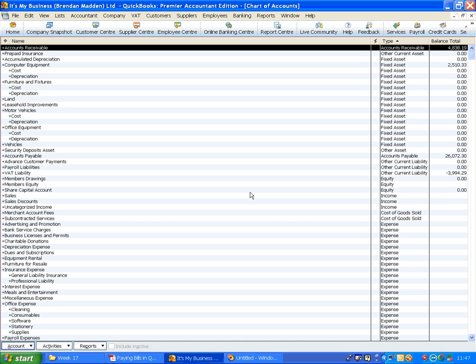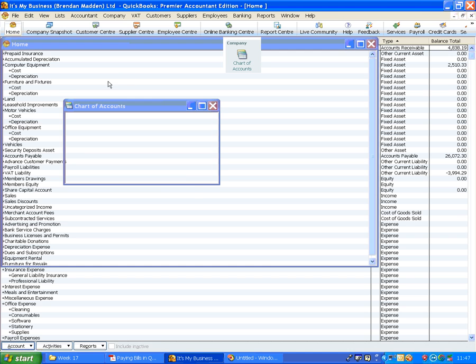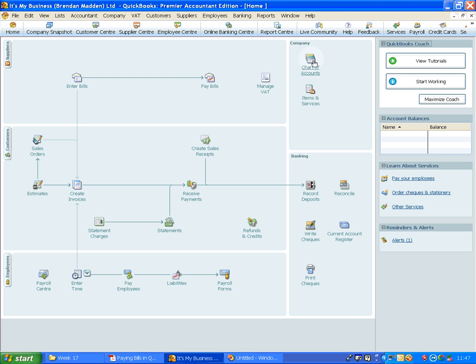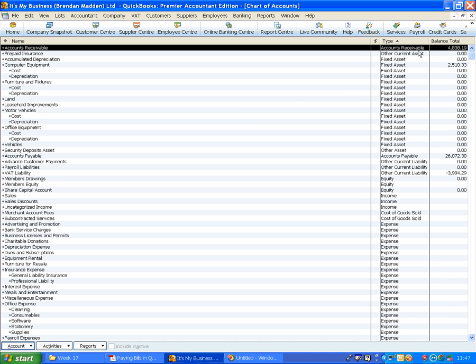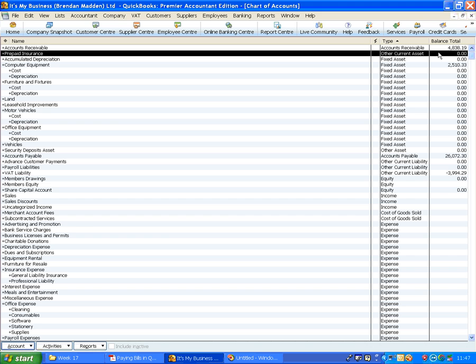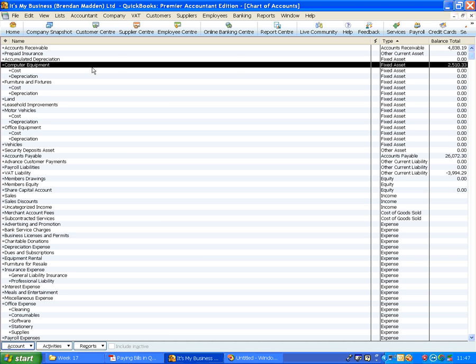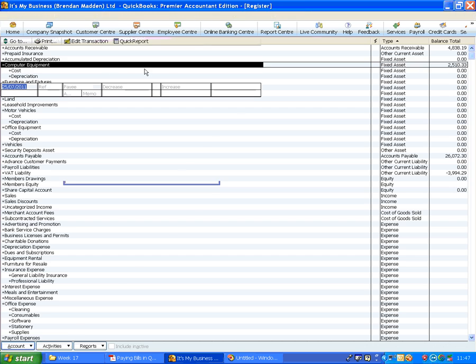At this point in QuickBooks, in the company It's My Business, the practical exercise which we're doing, if we click into the chart of accounts, again you can access this on the home page by clicking on chart of accounts. We should see then that we have different balances on our balance sheet items that appear in the chart of accounts, namely the accounts receivable showing a figure of 483819,